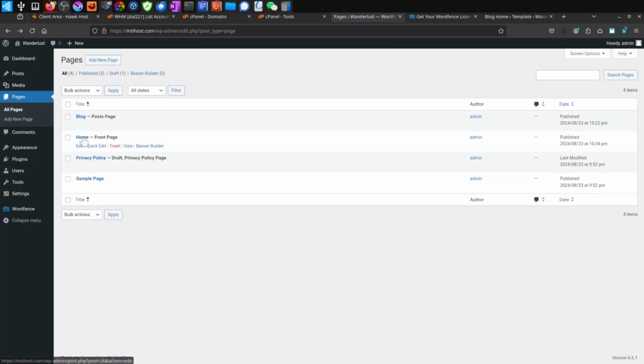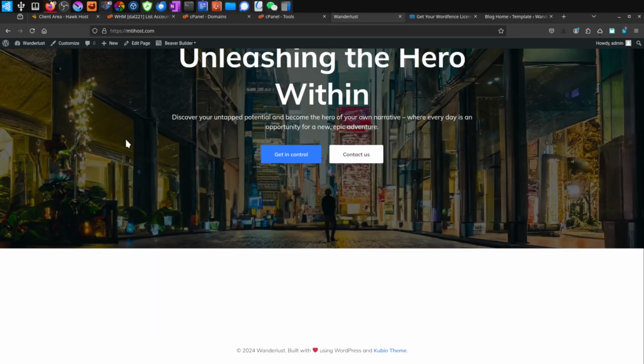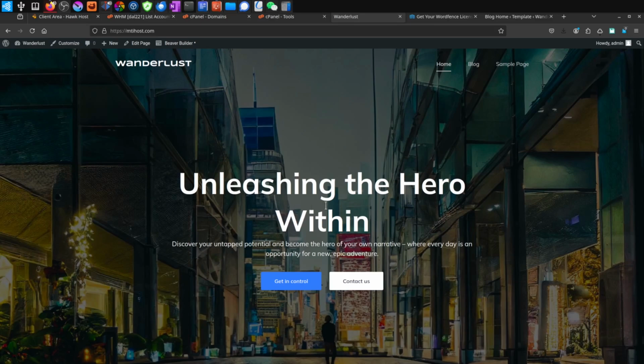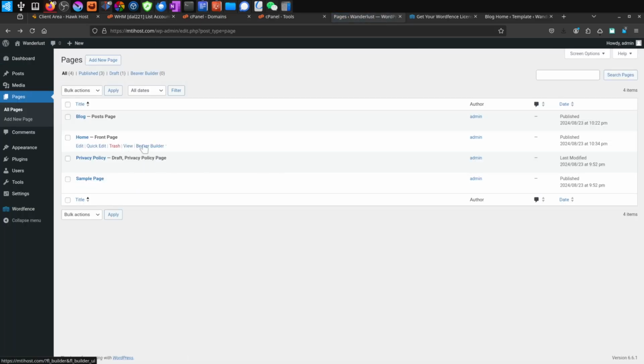If we go back, we can see our home page that we created when we were editing the menu. We can click on View, and we can see this is the default thing that it set up for that. Now we can change the look of it. If we go to Beaver Builder and just click on that, that will add the Beaver Builder page builder to that page and make it so that we can start editing it. If we go into edit like here,